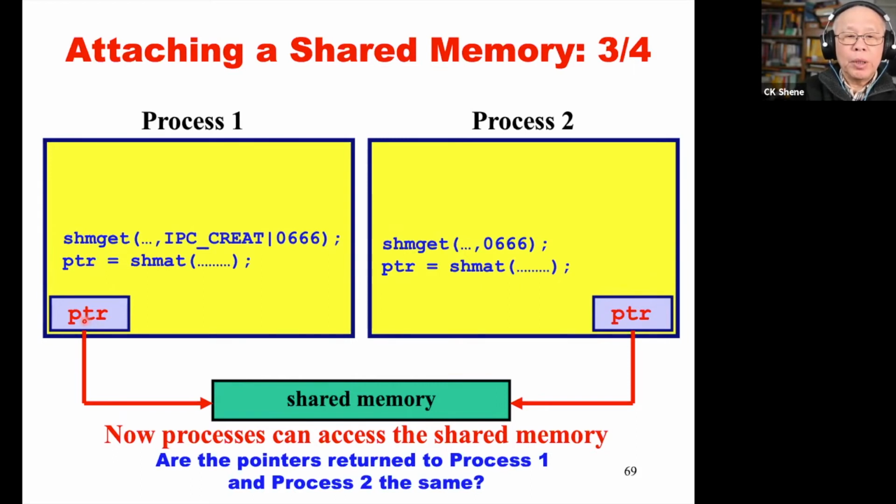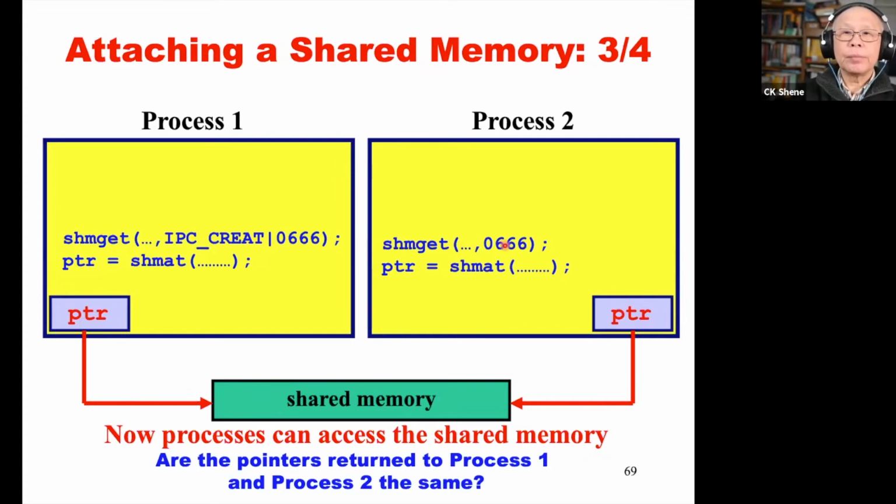So PTR would have a pointer to the shared memory. After the creation of the shared memory, process 2 could also do the same. Process 2 does not want to create it. Instead, process 2 only wants to use it. So process 2 will specify essentially the same key, and then we use